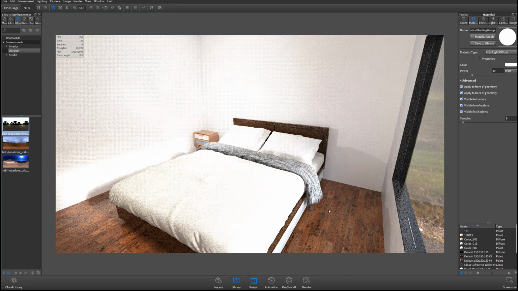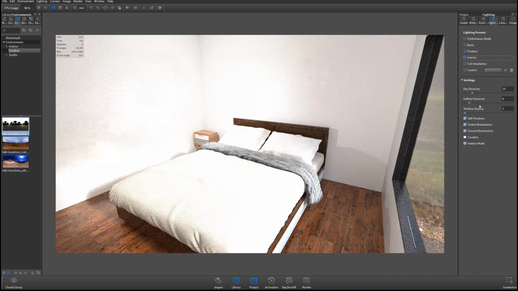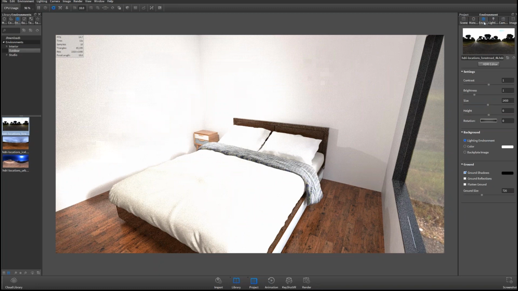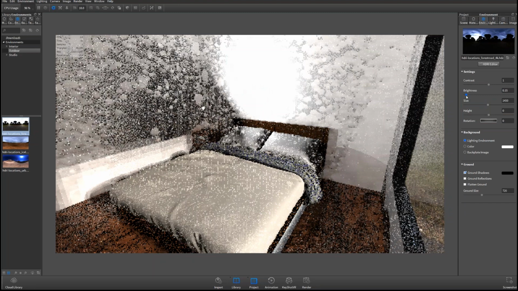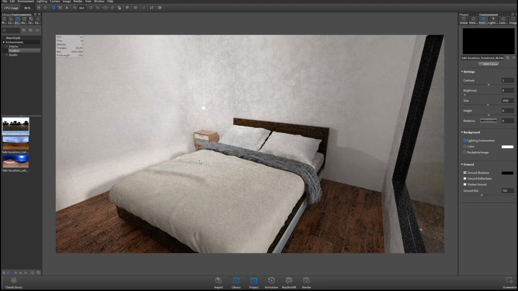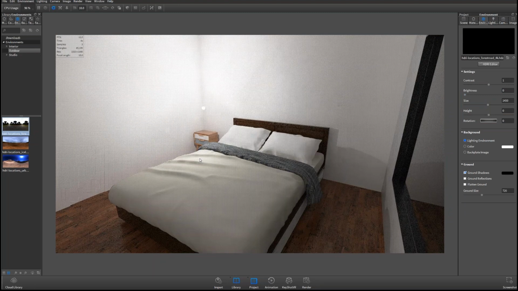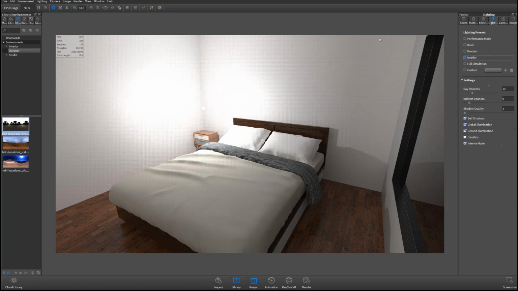Now let's go over to the lighting environment, and let's go ahead and turn down the brightness in our environment, right? Let's go all the way down to 0. Now I have no more light coming from my actual environment. All of the light that you see in this scene is being calculated from this single point of light, right? And it's looking pretty good with the cast shadows here, my indirect illumination, right? Light bouncing around inside the room. But if you've had difficulty rendering interiors or working with physical lights, the new interior lighting algorithm is going to be a huge addition.